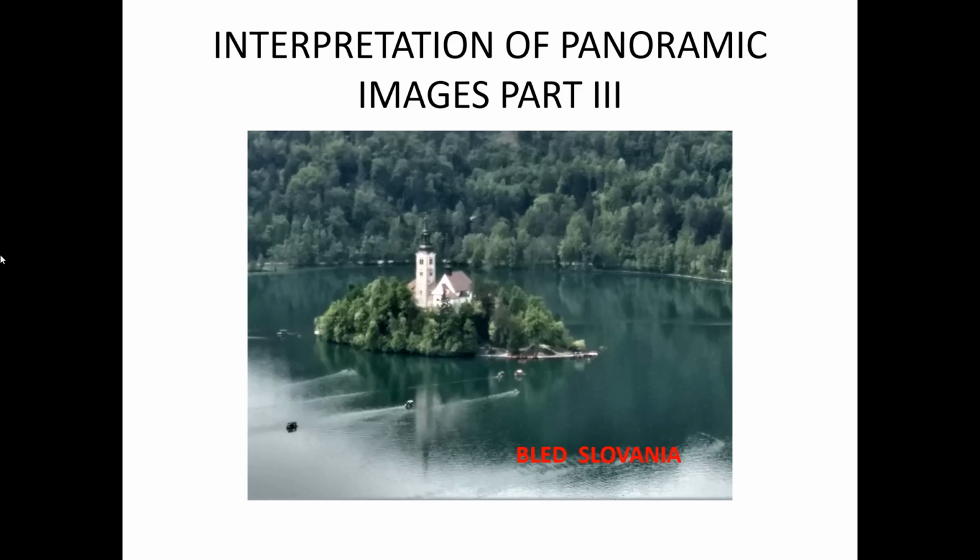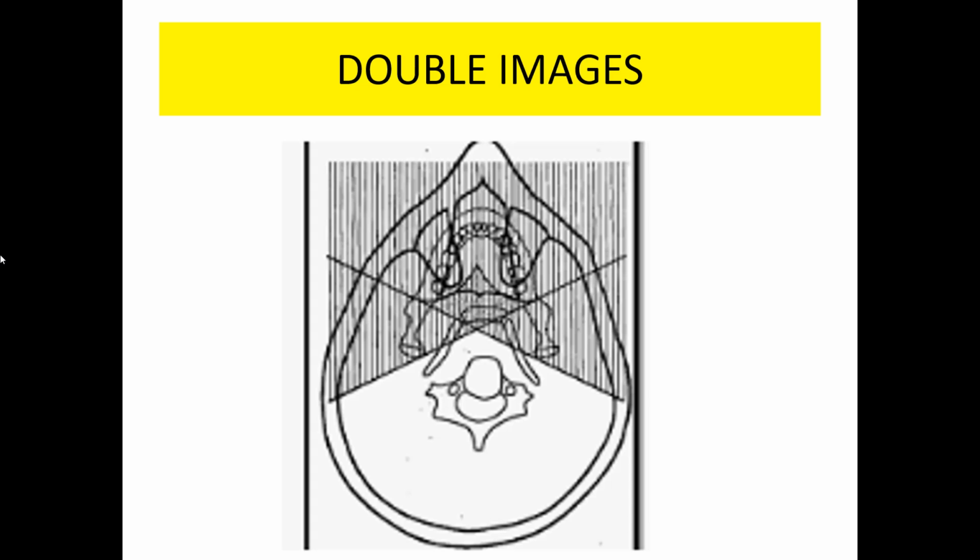Some of them, like artifacts, can be avoided, but double images or ghost images of anatomic structures are difficult to avoid. So, one should understand it so that interpretation mistakes are avoided. Double and single images are formed at the anatomic structures. Some midline structures fall into the focal trough twice as the beam intercepts that object twice due to machine rotation. That is the reason you get mirror images on either side.